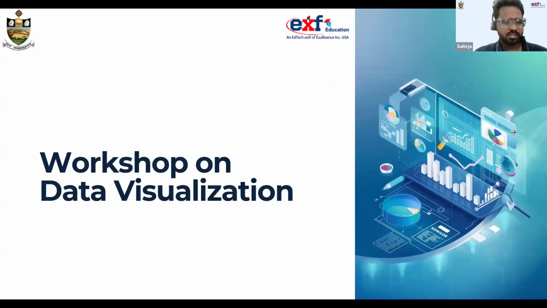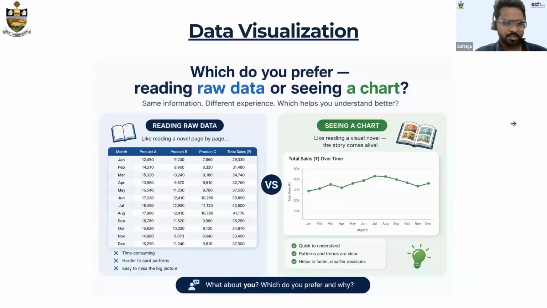People used to have a conception that data visualization is nothing but turning your raw data into a visual itself, right? Somehow it is not a complete thing. So what is data visualization all about? We'll go through a few case scenarios where you will understand what data visualization is actually all about, how it happens, and what things are included within it. We'll be discussing these things.